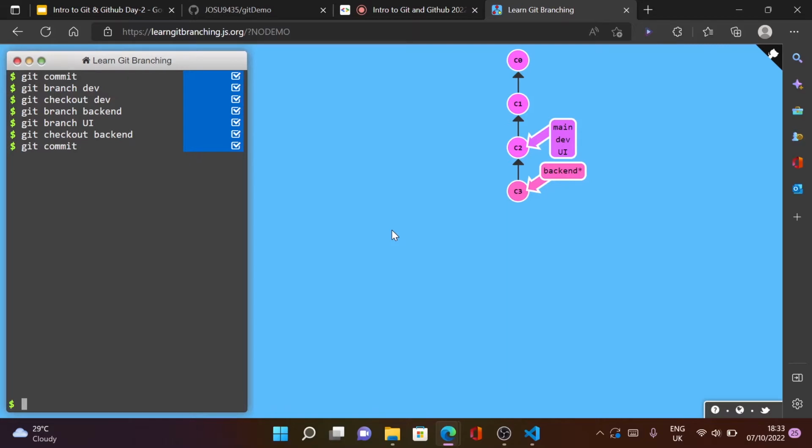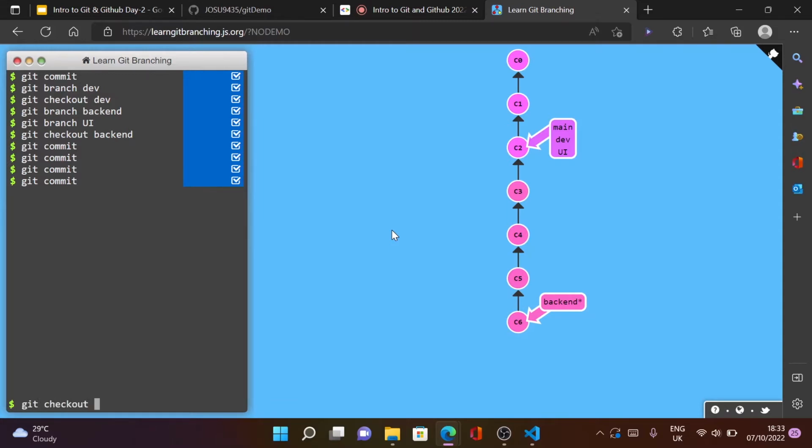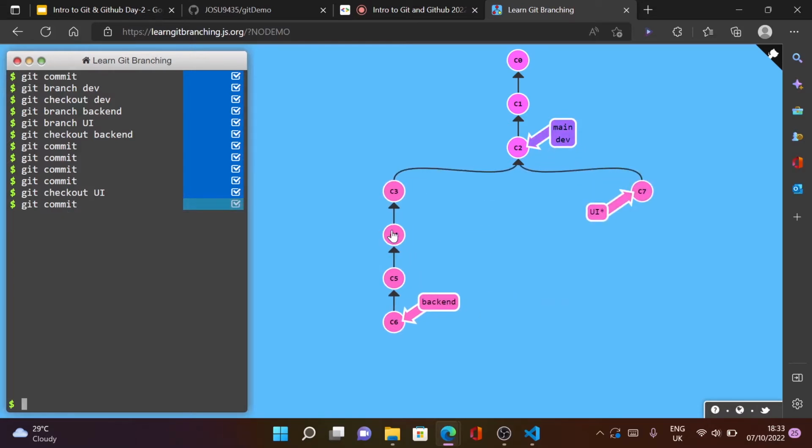And if I do some more commits, suppose the guy is working on some features, he's adding some APIs, he added some databases, he added some authentication as well. So you can see the backend guy worked quite well. And now moving ahead to the UI guy, so git checkout UI. Suppose the UI guy wants to add a home page, he added a home page as you can see,